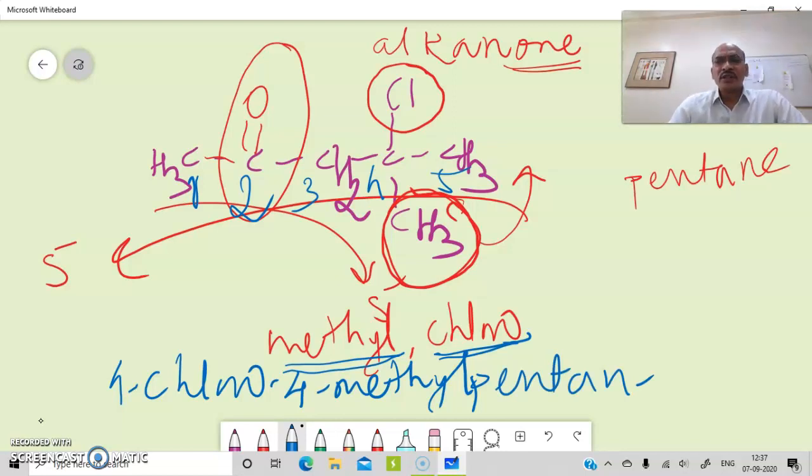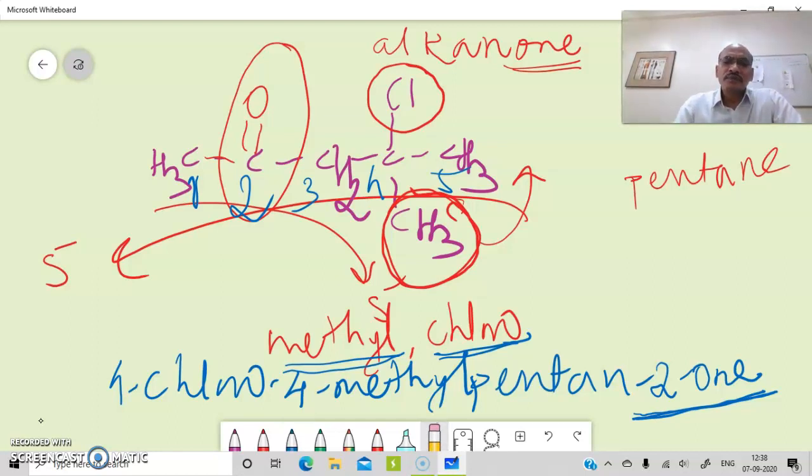Now this is different from aldehyde. In the case of aldehyde the carbonyl carbon is terminal, so it is always first, and there is no need to indicate its position. You studied that. But in ketone you have to indicate where the double bond O is present. So here you have to write it as 2. Pentan-2-one. The E is replaced by ONE, along with the position, that is the number where the double bond O is attached. So that is about the IUPAC naming system.